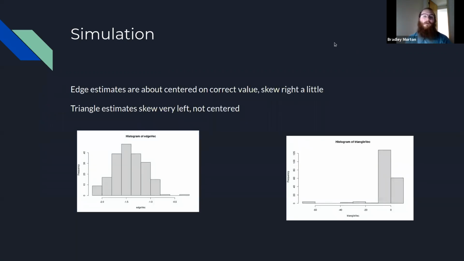So here are histograms of the edge estimates and the triangle estimates. With the edge estimates, the actual value is negative 1.69, so around here. We're not quite centered on the correct value, but we're not terribly far off either. And there is a bit of a skew, it's not symmetric. Meanwhile, the triangle estimates are definitely not centered on 0. And there are some really interesting outliers that are just very high magnitude values. I'm not quite sure why that is the case, but this was definitely not what I was expecting when